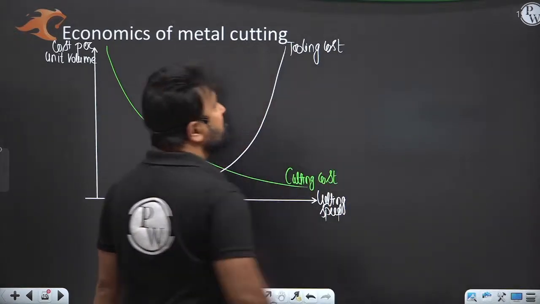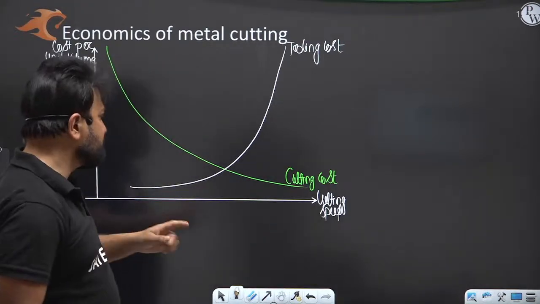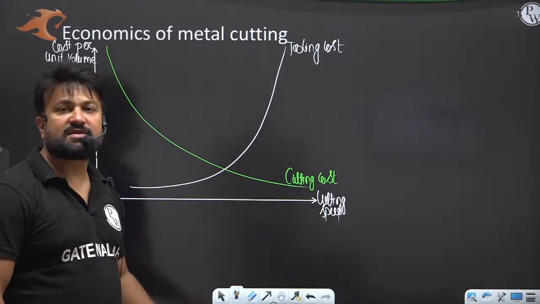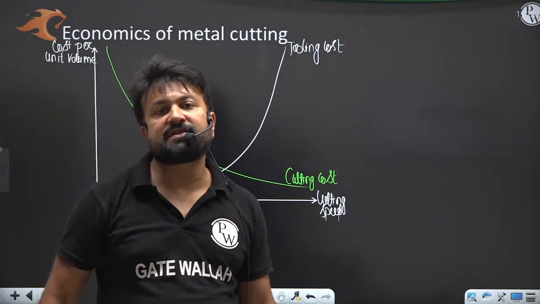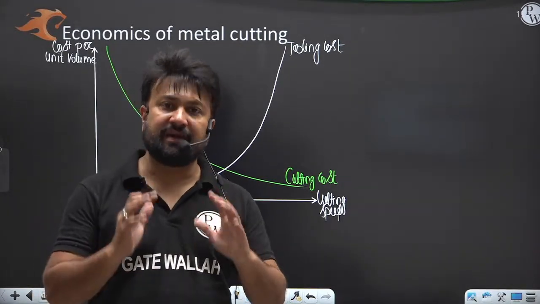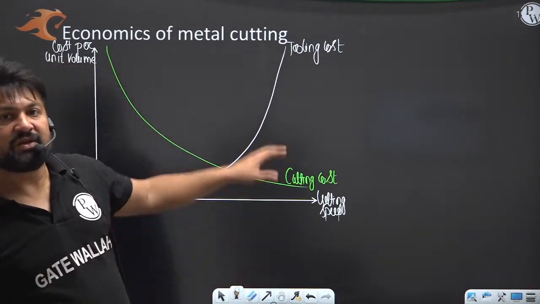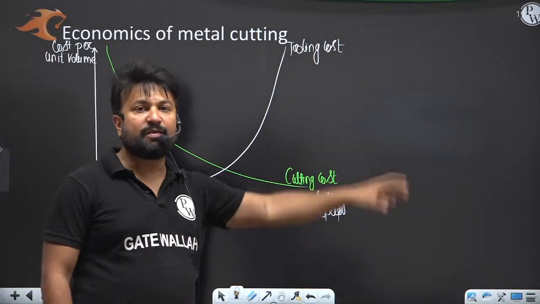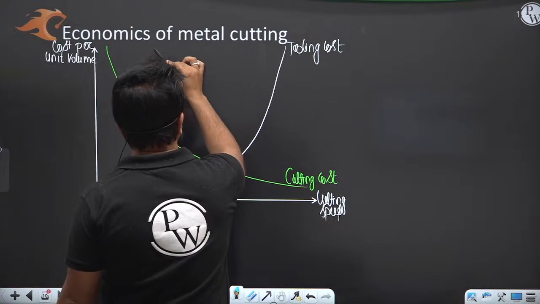Cutting cost is incurred when you are cutting the workpiece, doing the machining. As you increase the cutting velocity, the cutting cost decreases because per unit time you are machining more units, so the cutting cost gets reduced. Meanwhile the wear of the tool may increase, so the tooling cost or the repair cost is going to increase. Now if you add up both,